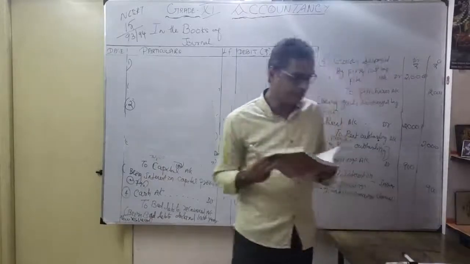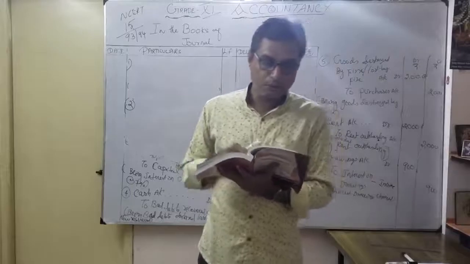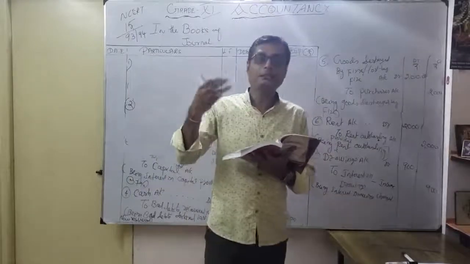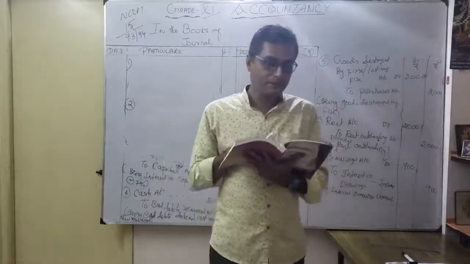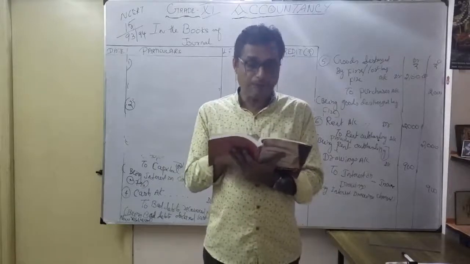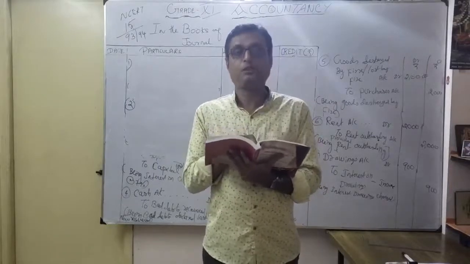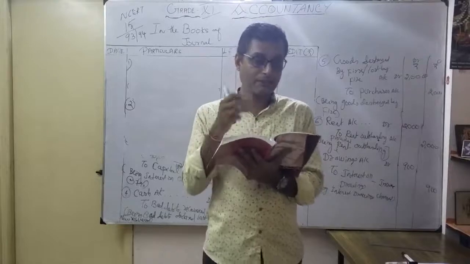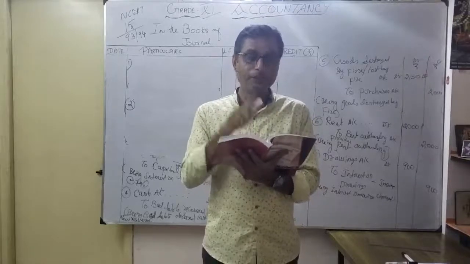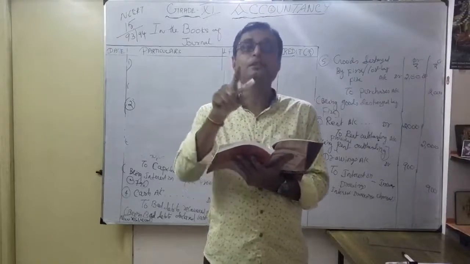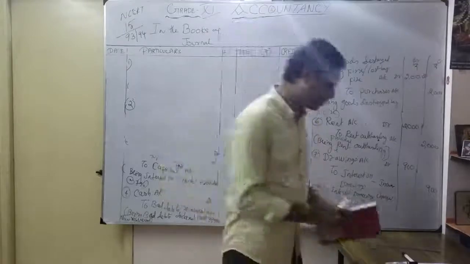Correct. Here, see, what is the seventh? Sudhir Kumar, who owed me. See, that person was supposed to pay me how much? 3,000. So what happened? He has failed to pay the amount. See, unable to pay the 3,000. But as compensation, for every 1 rupee, he is able to pay how much? Only 45 paise. Now you understood the entry.